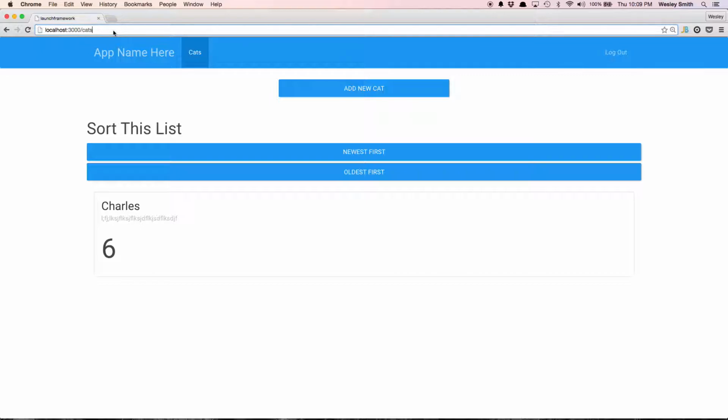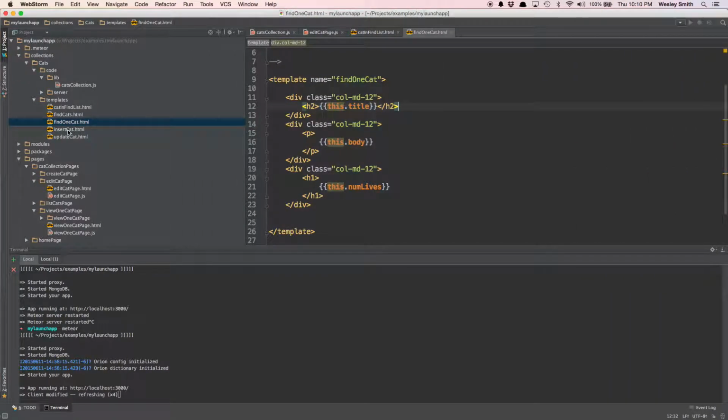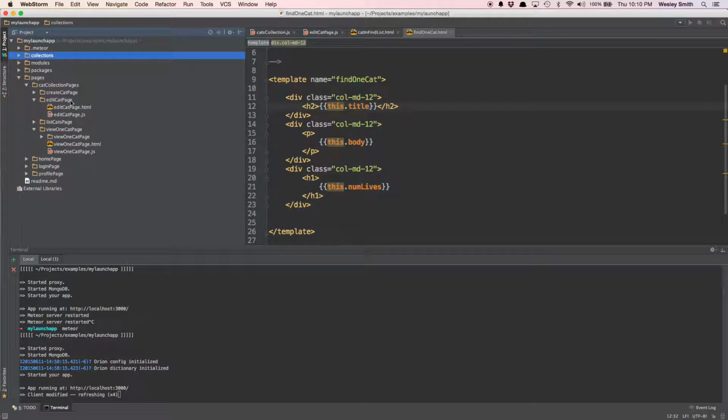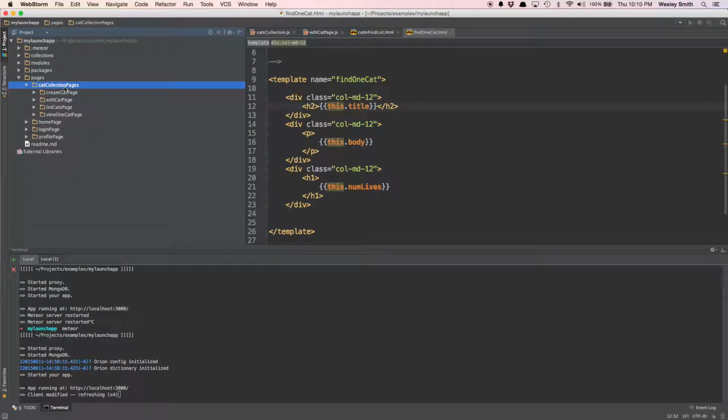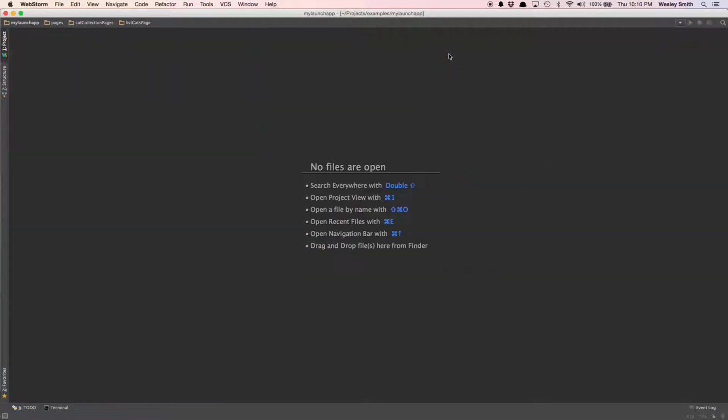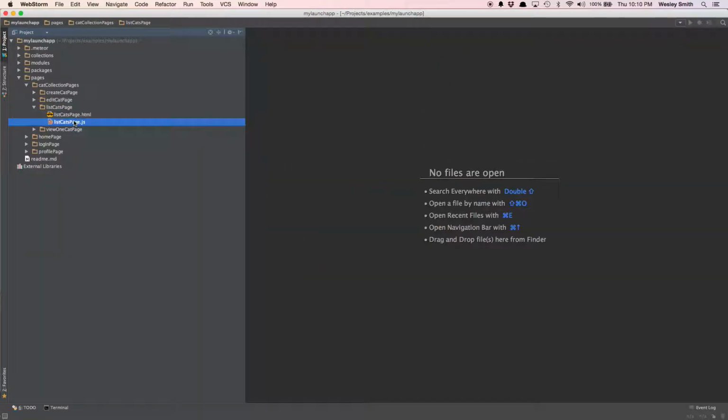So imagine that there's this like router in your program, and whenever someone loads, say localhost 3000 /cats, the router sees, oh, they want to go to the /cats page, and then it renders that page in your app. So to take a look at some routing code, first let's take a look at that list of cats page. So if you go under your pages, you're going to go into the cat collection pages, and then I have list cats page. So if we open up the JavaScript for that file,